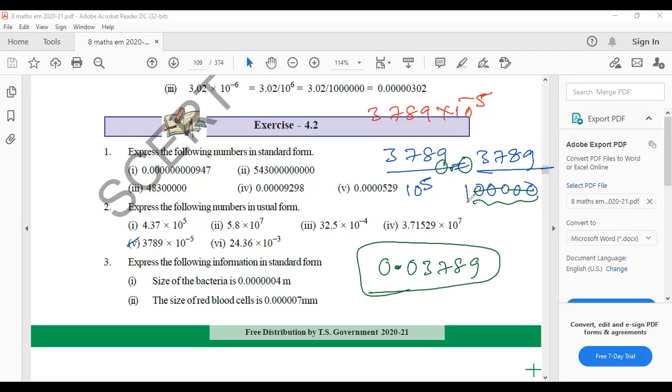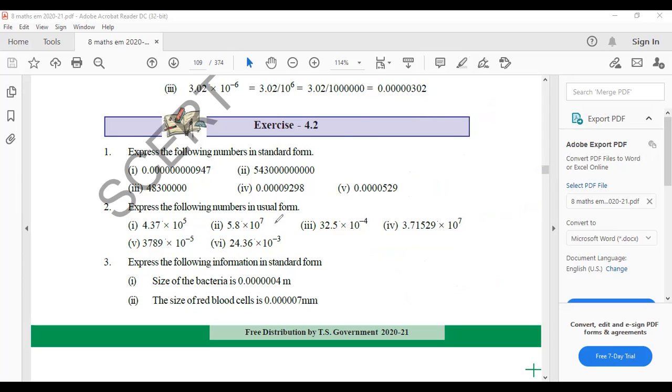Clear? It is down there, you can shift it to the top. It's 5 digits: 1, 2, 3, 4. One more is not available, so keep it 0. 0 point. After the point, 5 digits are compulsory. If they are not there, keep it 0. The gap will be filled by zeros. Clear? Good. Now take this question.